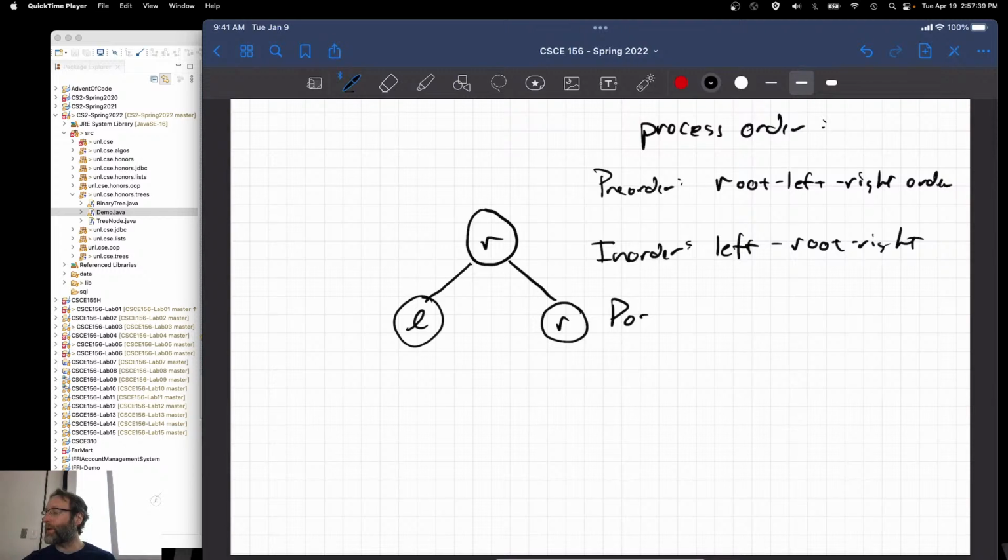A post-order traversal is going to be, as you can guess, you're just going to wait for the root until you're done. I'm going to do the left one first, and then the right one next, and then I'll do the root. So it's left,